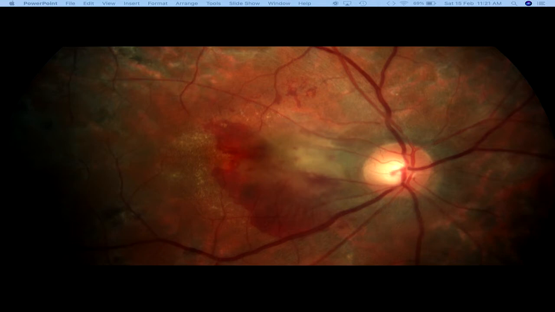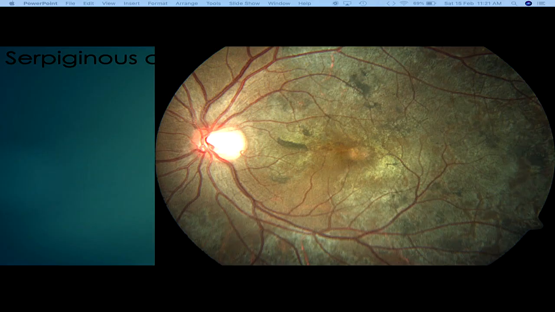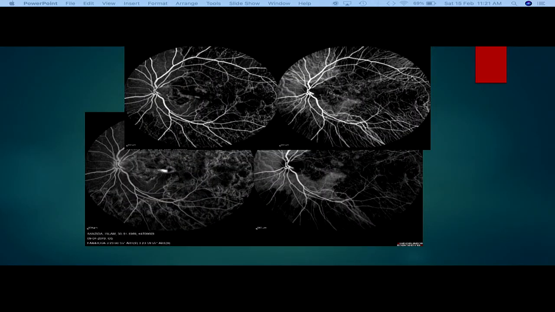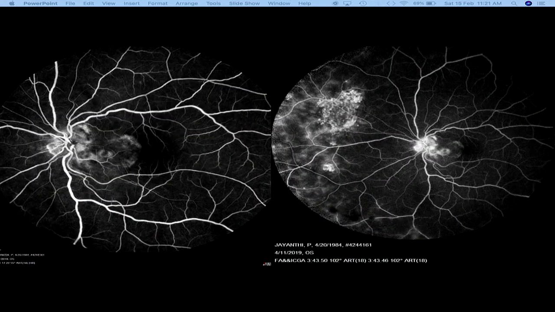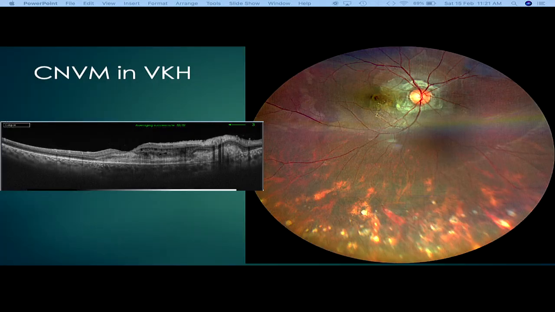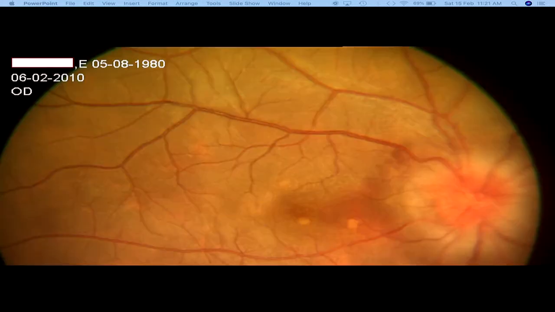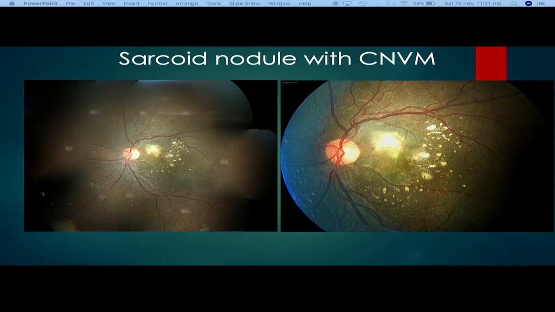It can present as a peripapillary membrane with extensive subretinal hemorrhage, or a subtle green-yellow membrane at the fovea, which is picked up on fluorescein angiogram. Sometimes a wisp of hard exudate might provide a clue to the presence of CNVM, and it is confirmed by fluorescein. This is a case of pars planitis with CNVM, with VKH, and another case of VKH with active inflammation and CNVM.